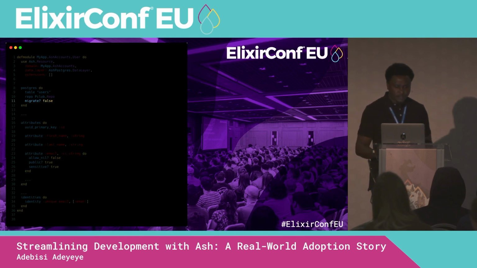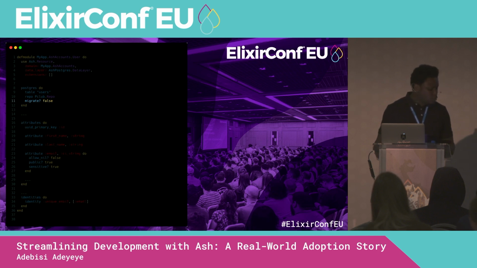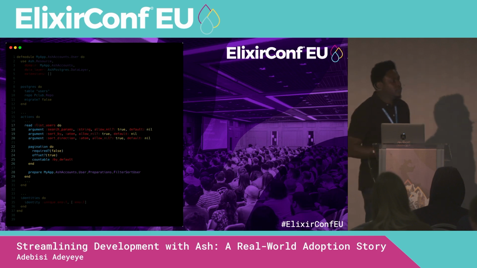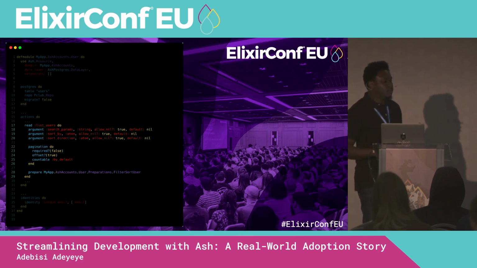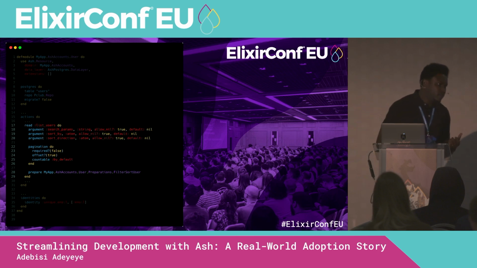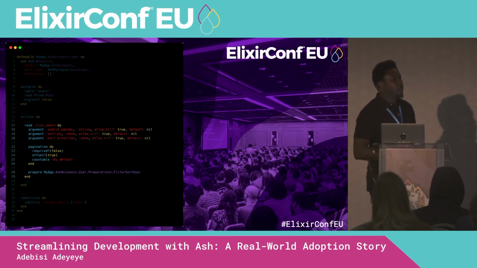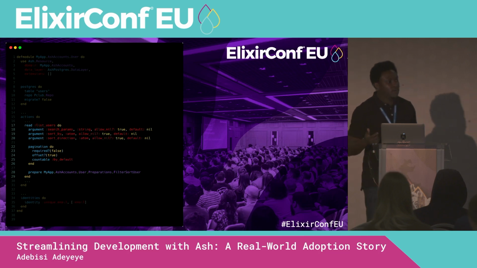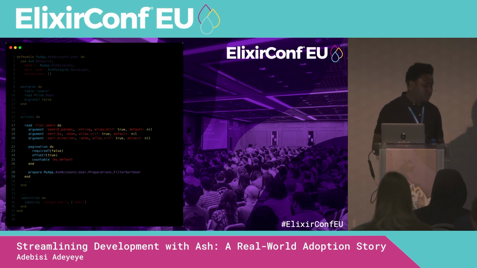And that was it. So the next thing we needed to do was to define the list action. So generally in Ash, there are 4 types of actions. It's either a read, an update, a create, or a delete action. So with this now, since we're fetching data from the database, we needed a read action, and we gave it a name, and we defined the arguments. One other thing you get for free here is the arguments are also type checked. So when you pass in the wrong arguments, you get an error for free. And then it also gives us pagination.